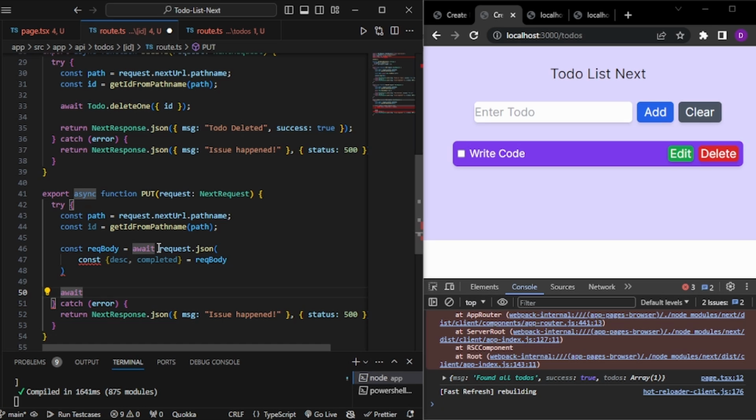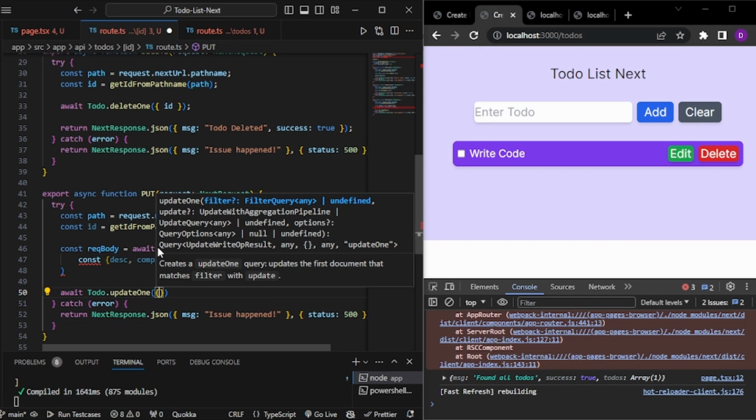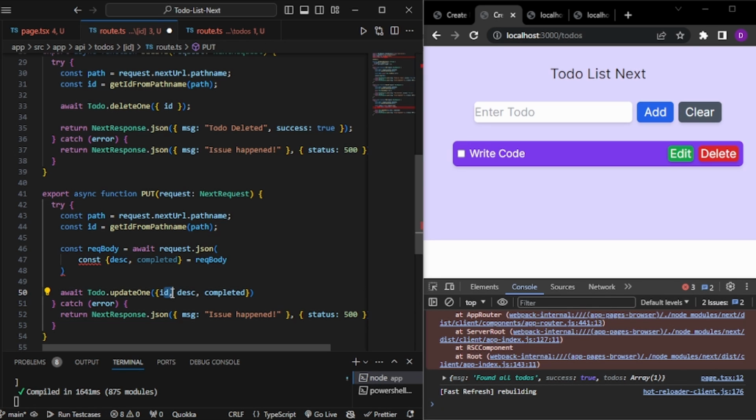That's all. And lastly we need to basically edit, like update. So await to do dot, we will use updateOne. And how do we want to update? So we want to superimpose these three things: id, description, and completed. So wherever it will search by id, and then it will automatically update the description and completed, because that's how it will do. So okay, anyway,